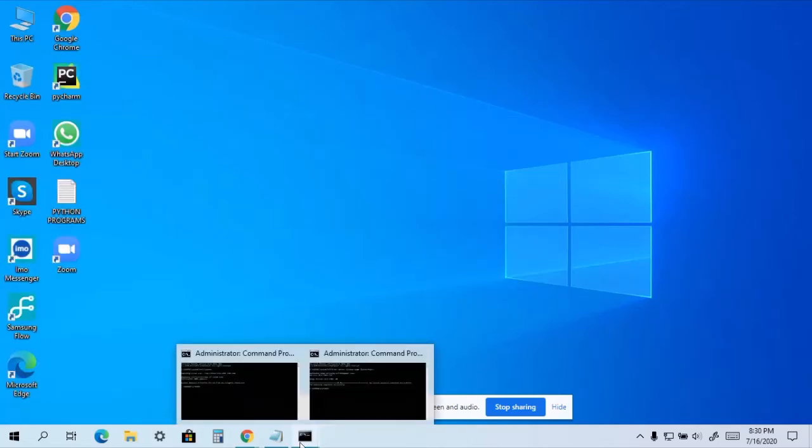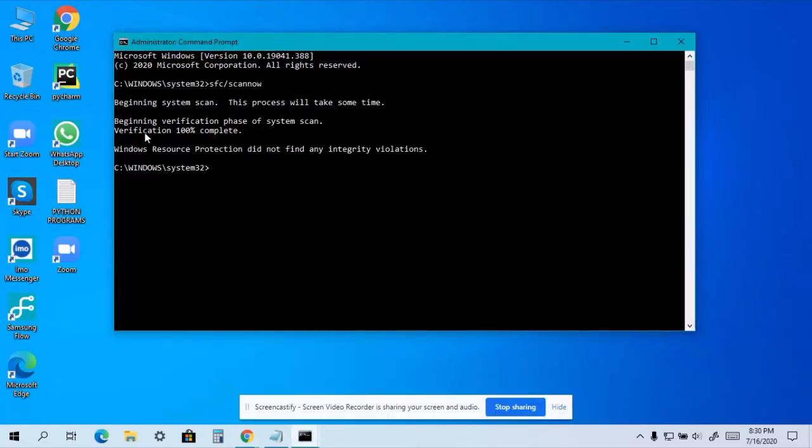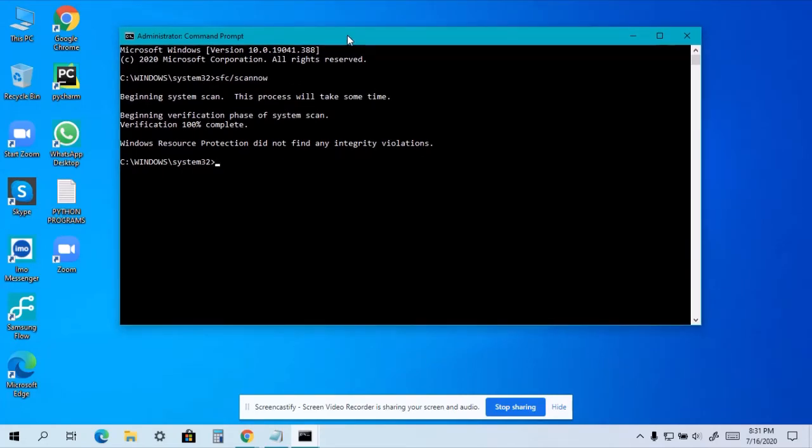And now I'm going to continue this. If you find Windows Resource Protection did not find any integrity violations, it means that there are no errors found in this PC. This command shows you if there are any corrupted files or files which cannot be opened.